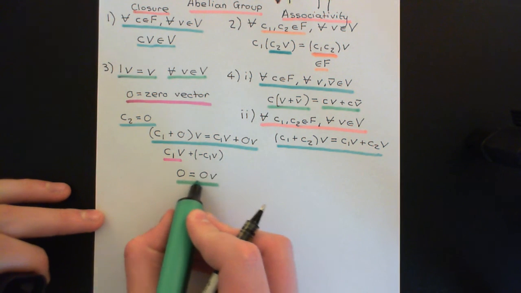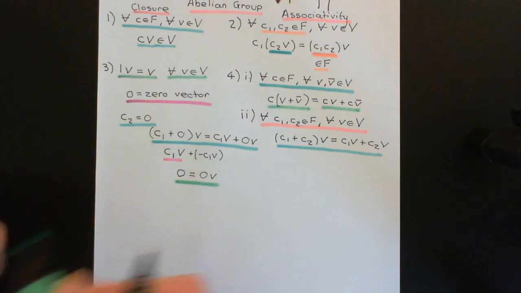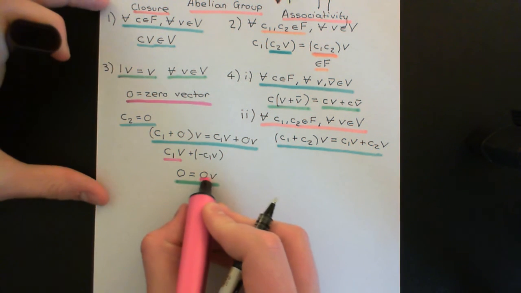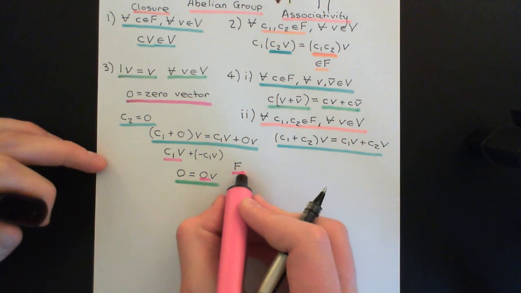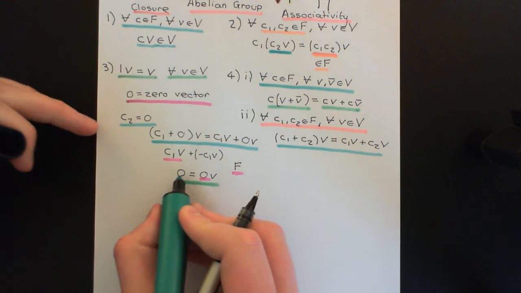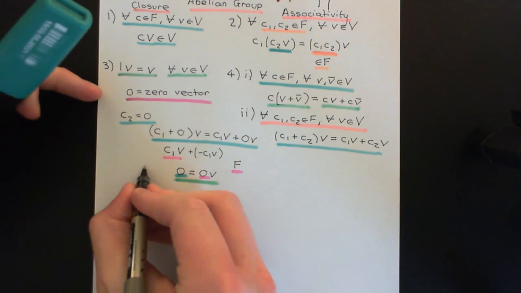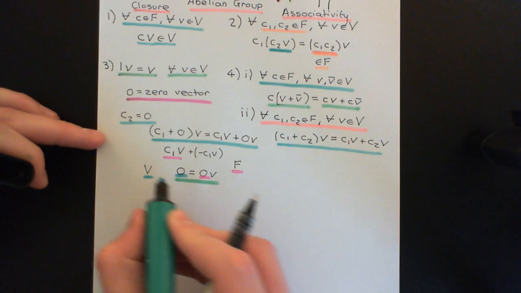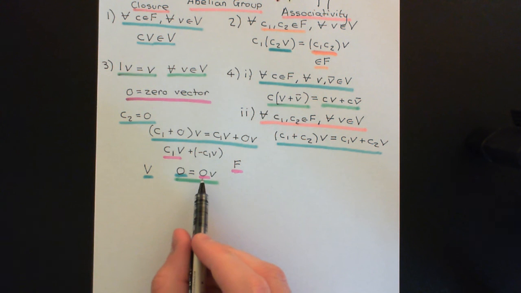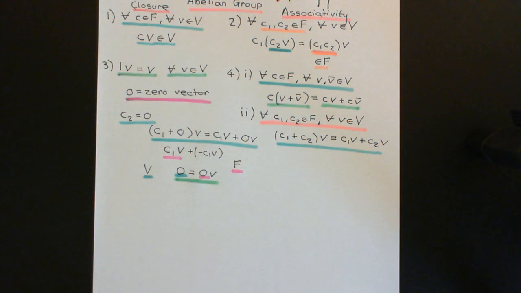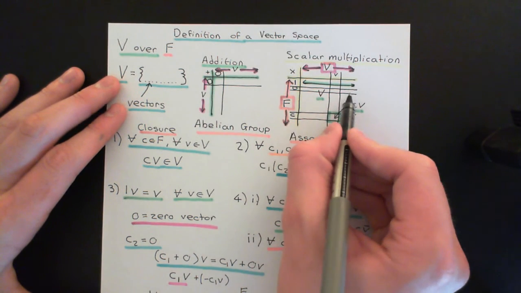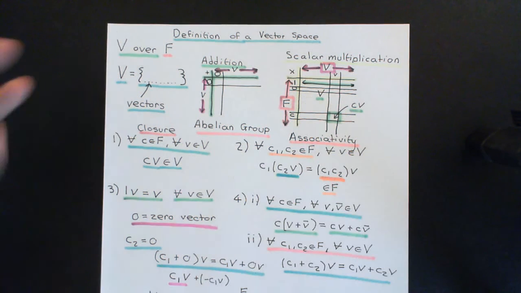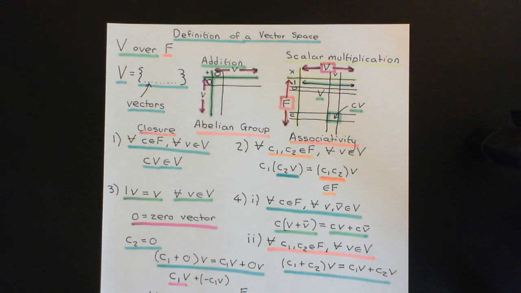So what that tells me is that 0, the additive identity in my field, and I'll just colour this in to make it clear, this is 0 from the field. This is the additive identity from the field, whereas this 0 here is 0 from the vector space V. So what this is saying is that if I scalar multiply 0 by any vector in my vector space, I get the 0 vector back again, which is the intuitive answer. So this entire row dedicated to the additive identity of the field will just be full of the 0 vector as all of the answers, basically.